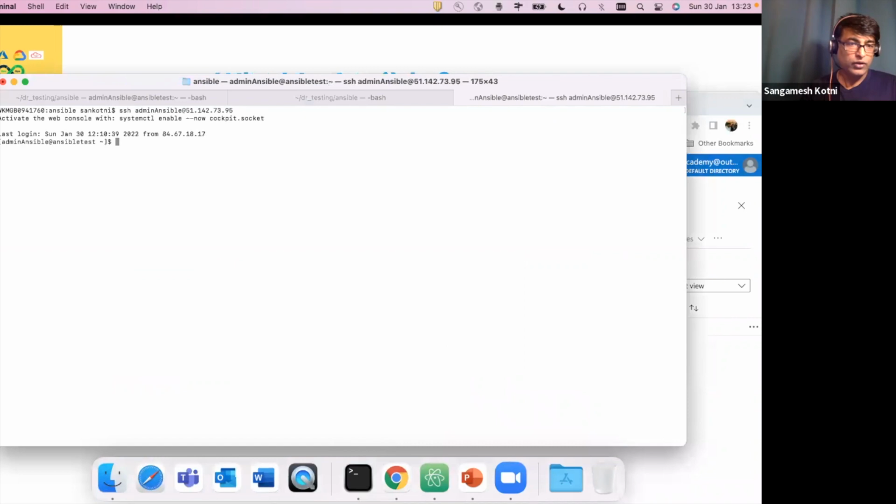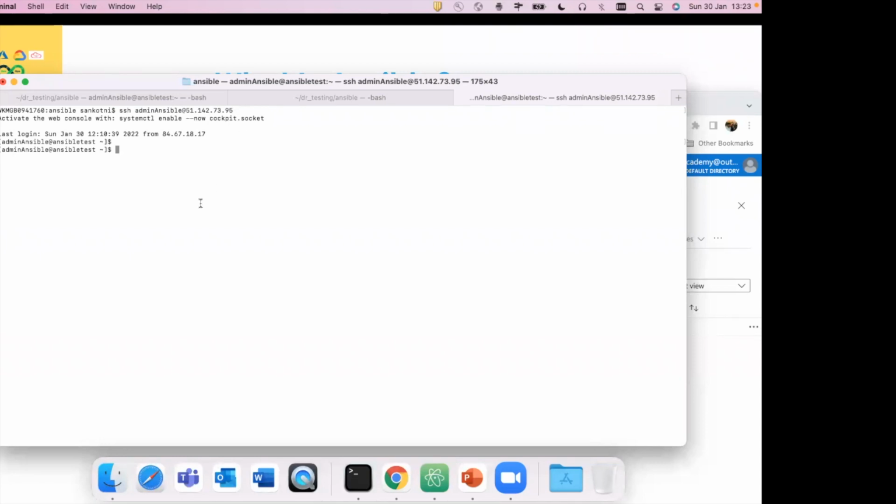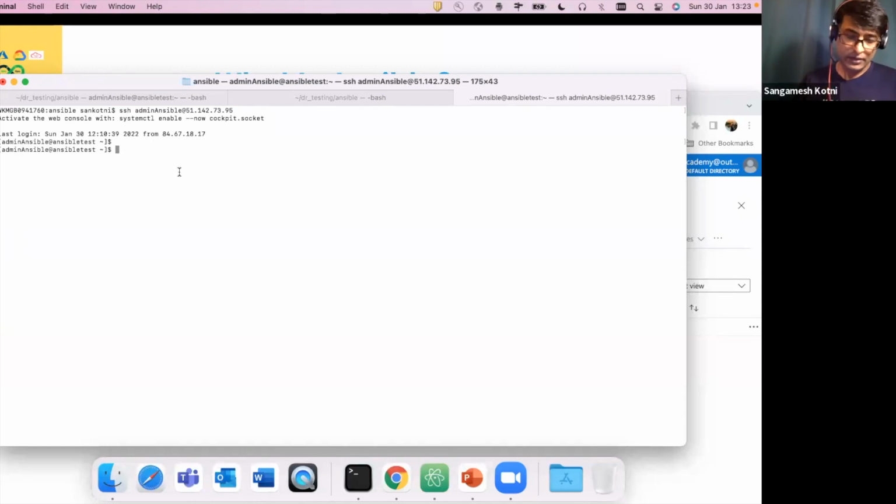Okay, so I'll log into the box. Okay, it didn't ask me the password. The reason being is I've configured my public key. So once your virtual machine is created, you need to log into your box, and then basically if you go to .ssh,